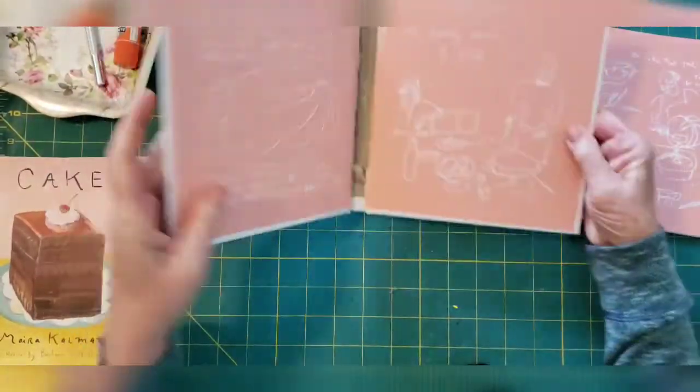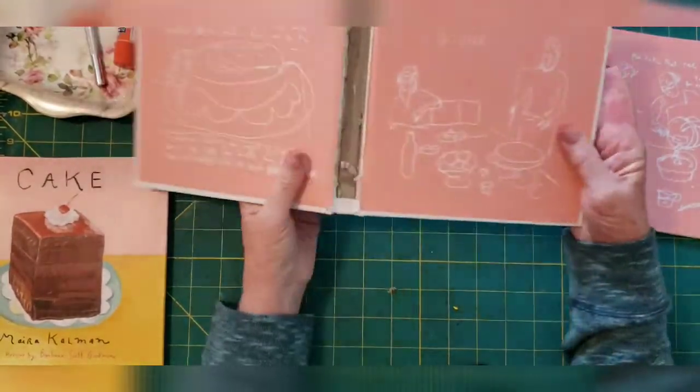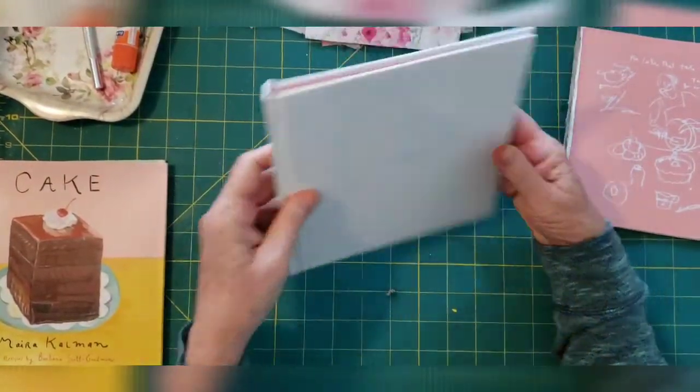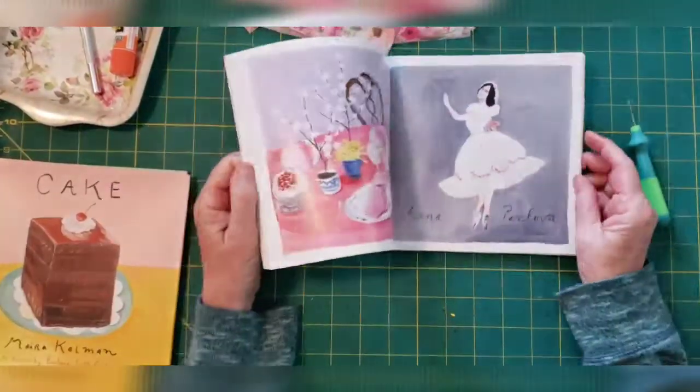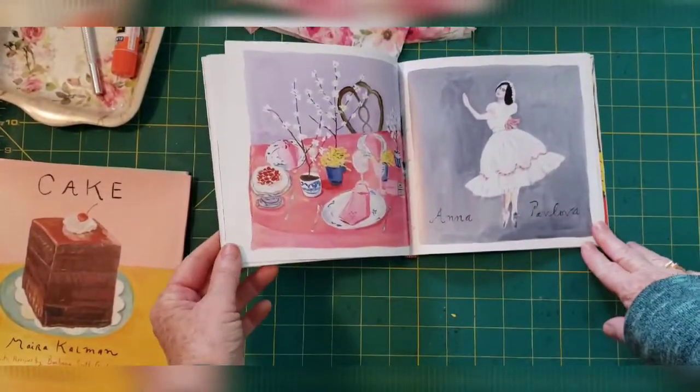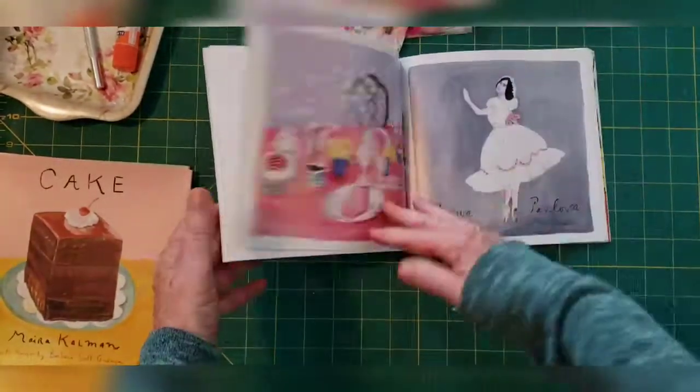And see, you can use this. This is a nice little size. You can use this, you know, make a bigger spine and use this as a real pretty book cover for a different journal. But I'm just going to use the pages from here. And let's see, I want to make sure I'm still filming. So then,